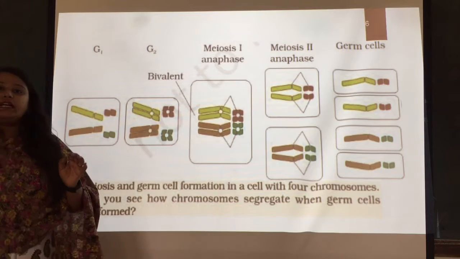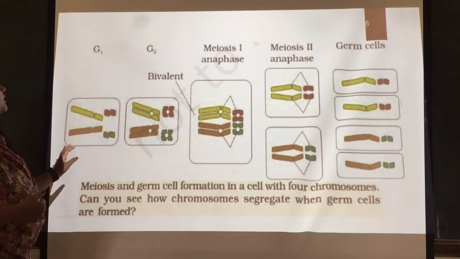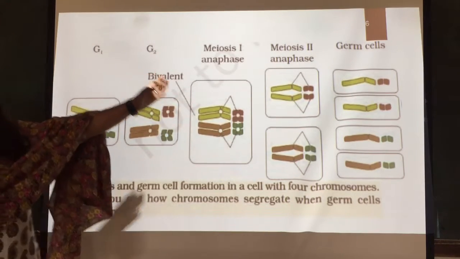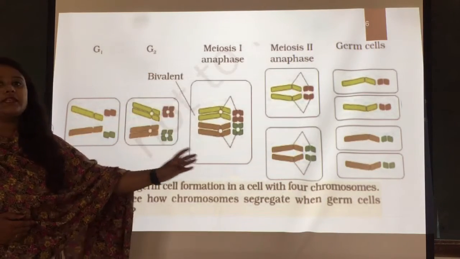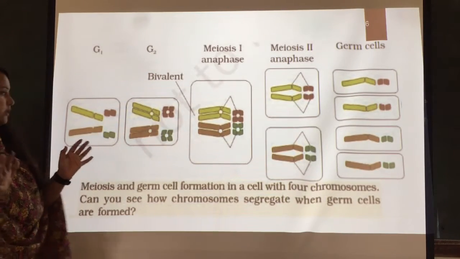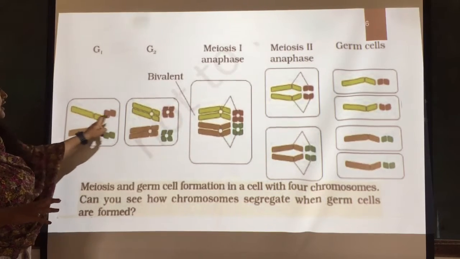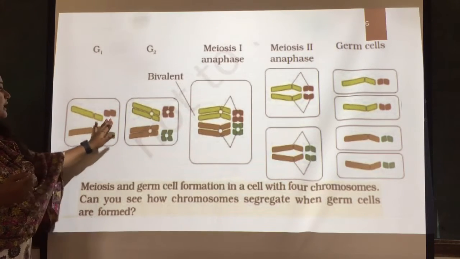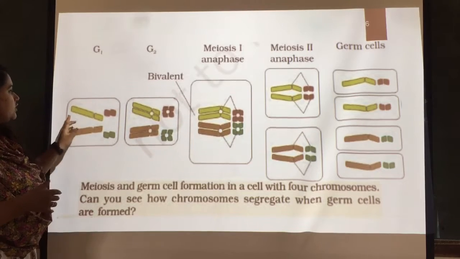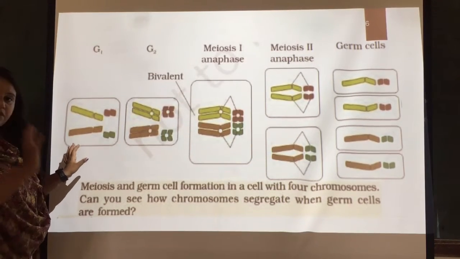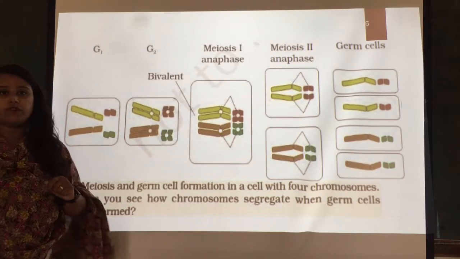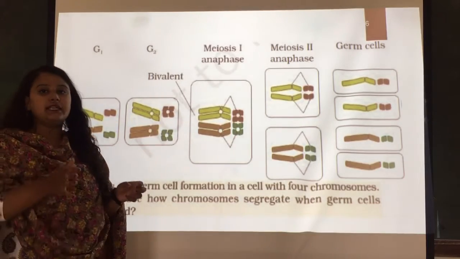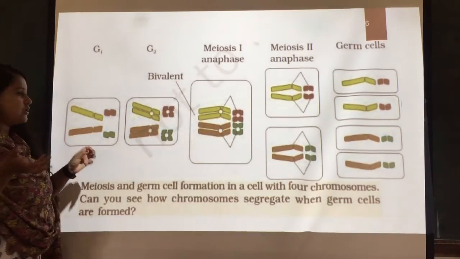Okay. To understand the chromosomal theory, we are going to see this diagram where meiosis is taking place, and through meiosis four germ cells are formed, and these four germ cells have different types of chromosomes. Initially we have four different chromosomes: yellow, brown, green and red. You can see the proper colors of this. These four different chromosomes are observed in which phase? G1 phase. You have already studied the cell cycle in 11th science chapter number 10, the cell division, right?